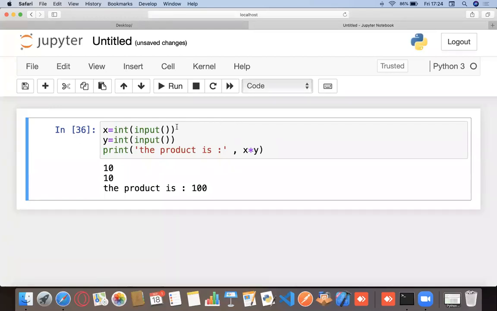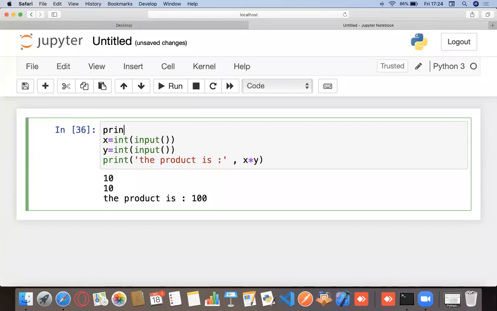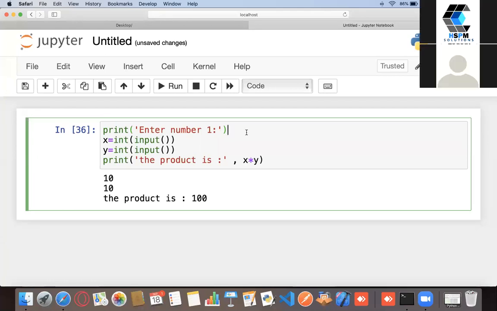So one way that we can do it, we can write a lot of printf functions in here. I'm just going to write it just once just to show you. Enter, let's say number 1. Okay. And most probably you guys would think that, yeah, it's going to work. It's fine, right? This is what I'm doing. I'm printing something like this, then asking for your input, then asking for another input, and printing all this, right?